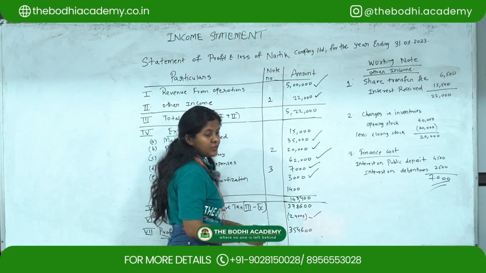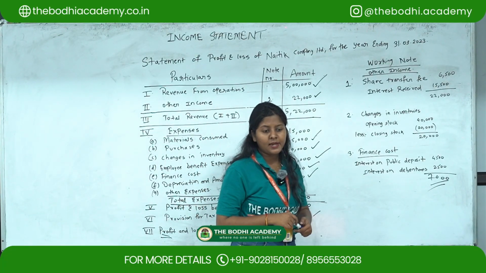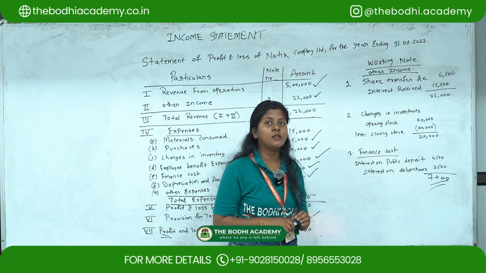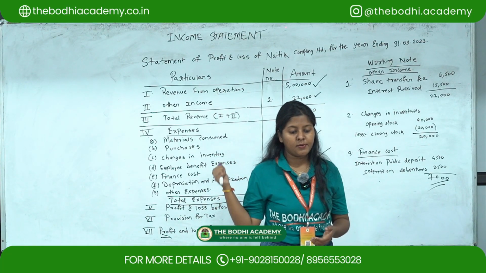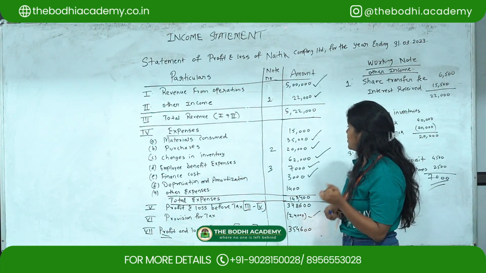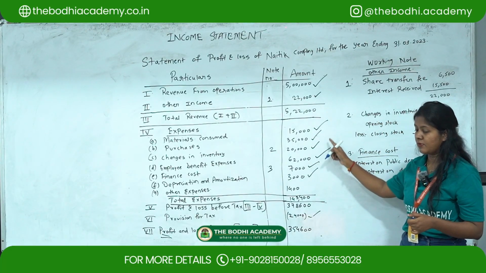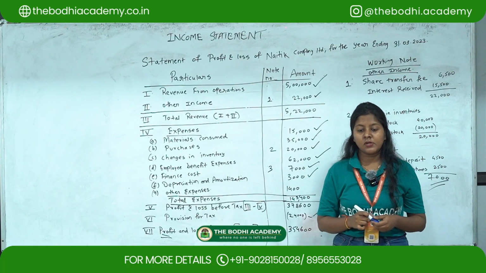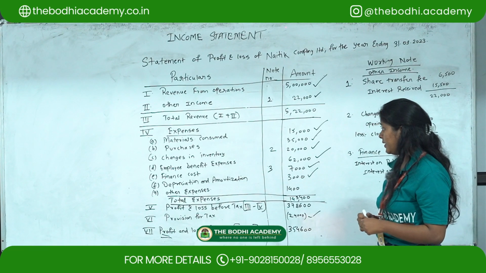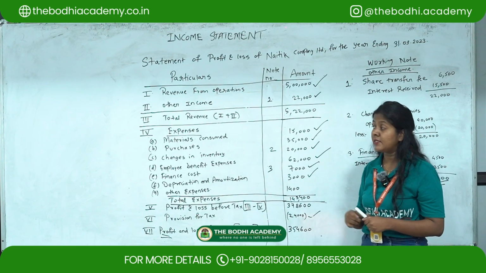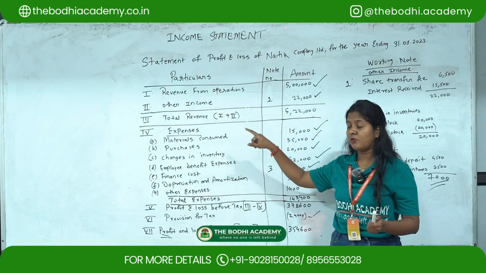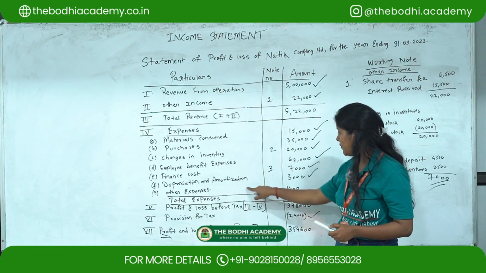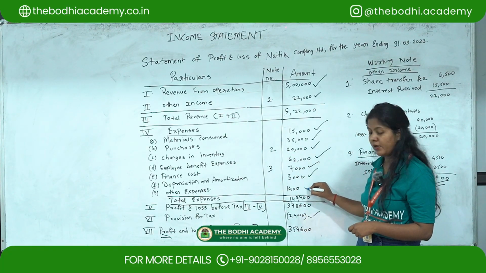Okay. After that, they have given share capital, but share capital we take in the balance sheet. Then bank loan also it won't come over here. Then cost of material consumed directly they have given as 15,000. After that, discount allowed 1,400. Discount allowed is an expense. Discount received is an other income. Okay. Now here in this question they have given discount allowed, so it will come over here as 1,400.